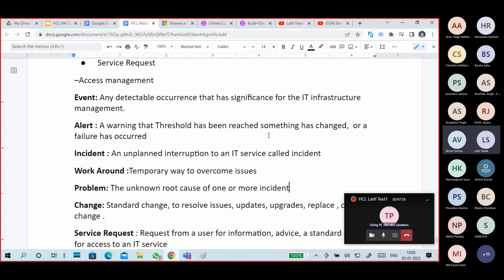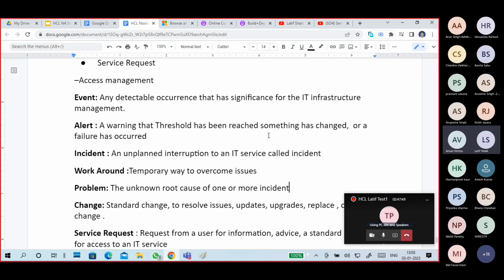So problems generally never occur directly. Any issue that occurs is an incident, either multiple incidents or a repetition of incidents or an unknown root cause of one or more incidents. We have to consider them as a problem. Once you consider that incident as a problem, we have to investigate thoroughly and try to find a permanent solution.